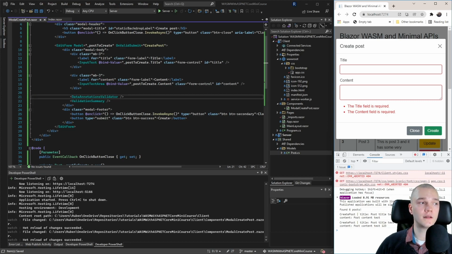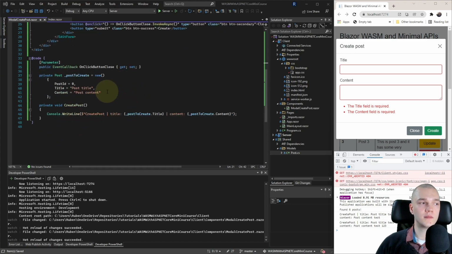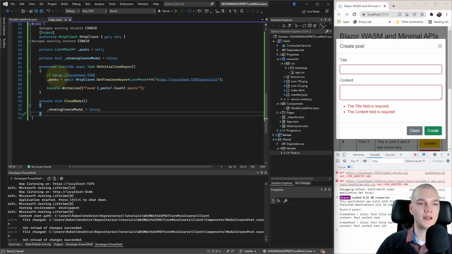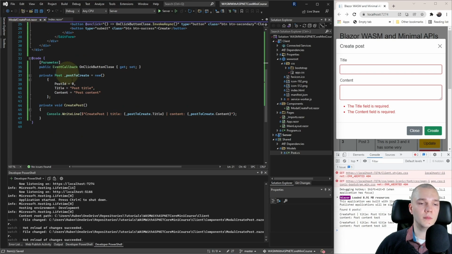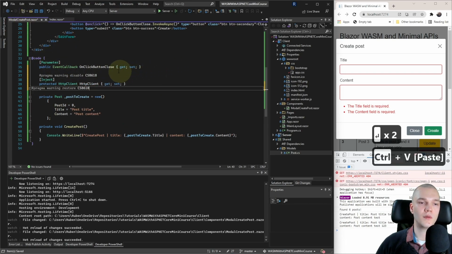So that's working. Okay, now let's finish this feature off by actually creating the post on the server. So I'll go to the code, and we'll need an HttpClient for this. So let's inject that. I'll just go to Index and copy the injection, with the pragma, and go back to the modal component and paste it below Parameter.